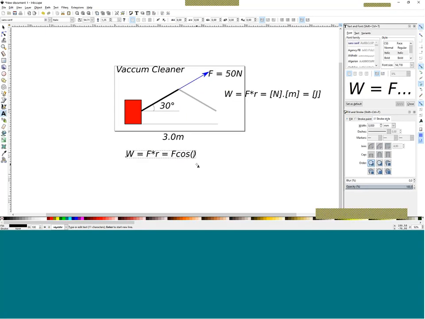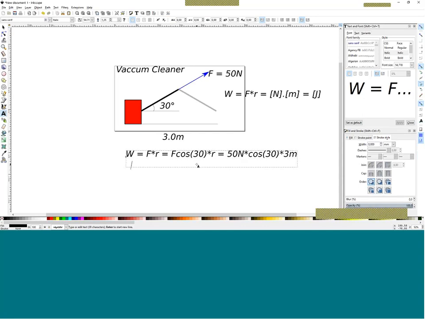So that becomes F cosine of 30, if I'm not mistaken, times r, which is equal to F times sine 30 times 3. And of course, they all start shouting at me, sir, you did not write in the unit, and I will apologize immediately. And that's equal to, if the calculation is correct, 130 joules.